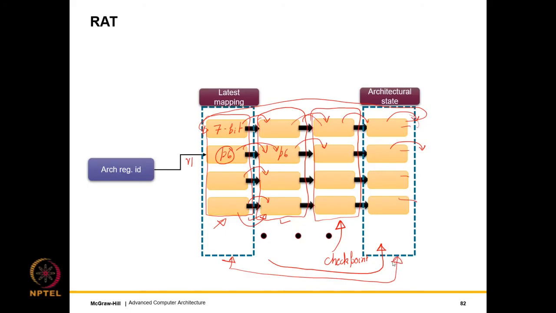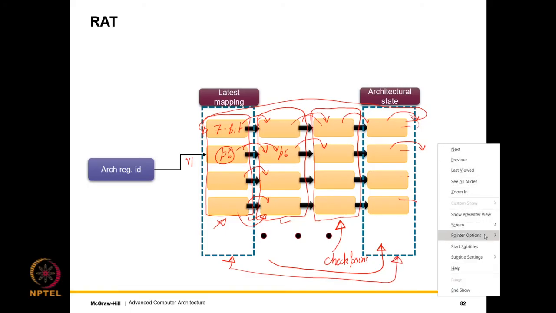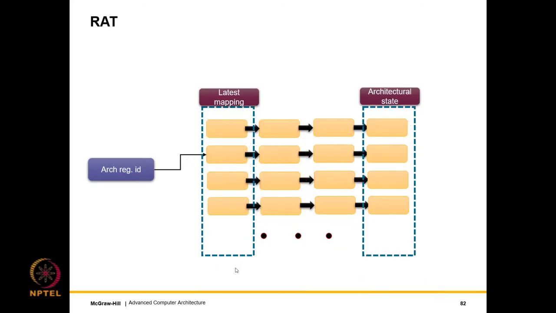here. One sec, I'll probably clean the screen and show you. So the pointer of the latest mapping can be moved from here to actually here, which will tell me that we have discarded all of these checkpoints. All of these checkpoints contain irrelevant data now. This is the only checkpoint that we need to use, and for us this is the latest mapping. So the execution can begin from here. What is the disadvantage? Well, the disadvantage is that each entry of the rename table is now a linked list, right? Essentially it's a circular linked list.